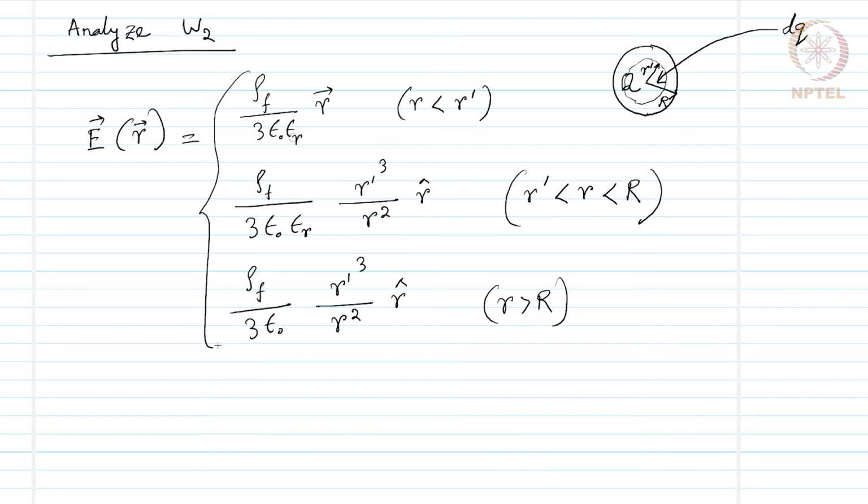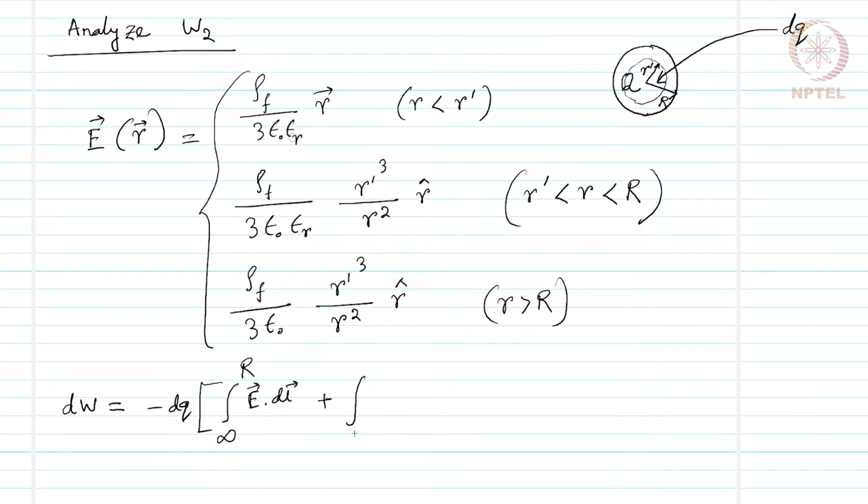This would be the expression for the electric field. Now, the work required to bring the next installment of charge dq and make another shell, that amount of work can be written as dw equals minus dq. So, we are bringing in this charge from infinity, integration over infinity to capital R, E dot dl,